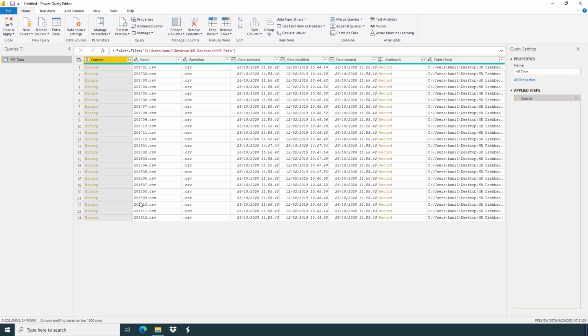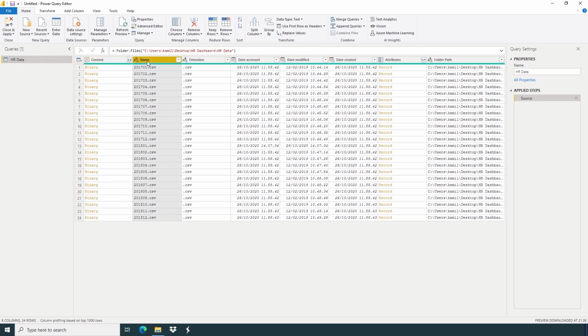Now here we have all the folder information: name, extension, date accessed, date modified, and so on. I can see the names of the files, Jan, Feb, and March.